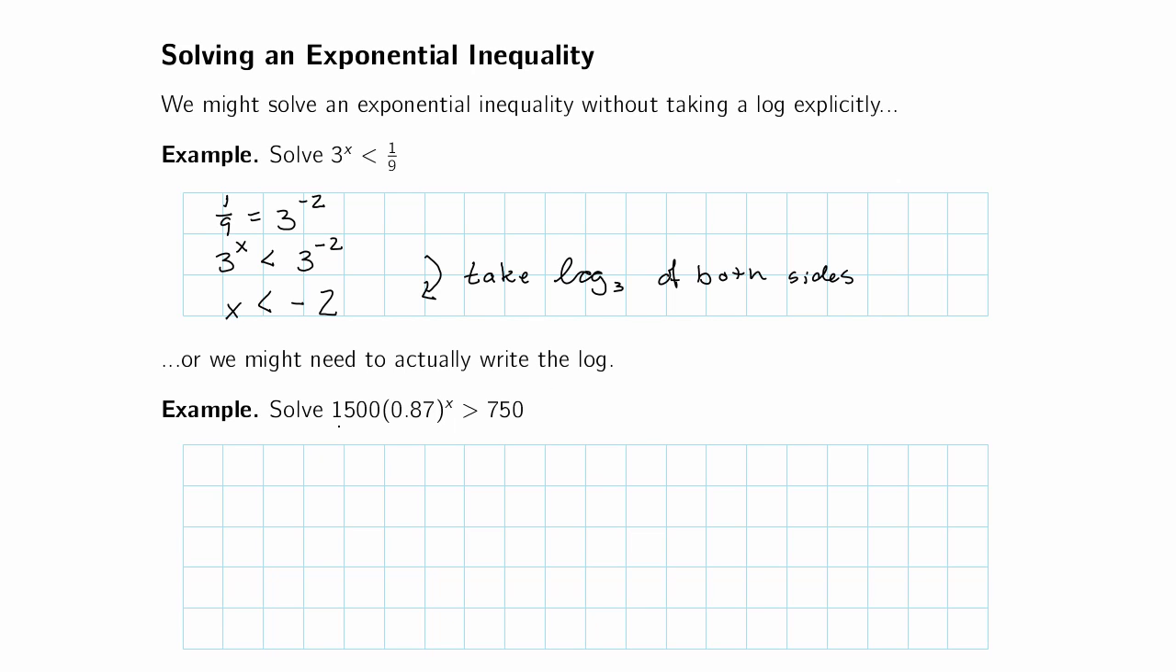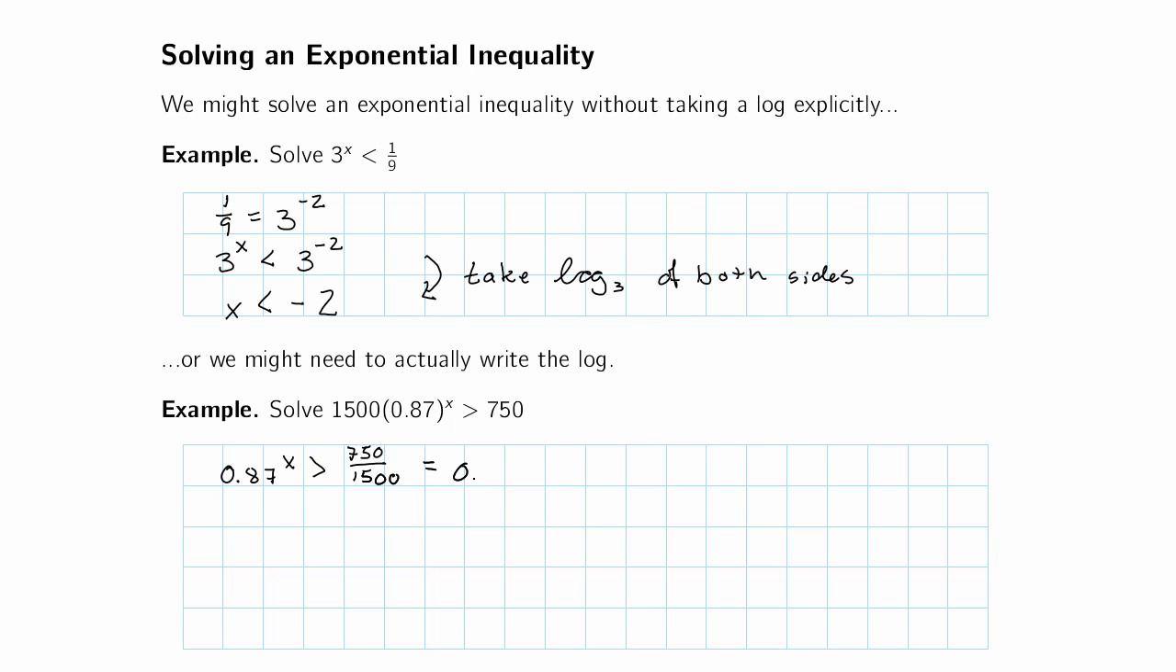So here we have 1500 times 0.87 to the x is greater than 750. We want to say, well, first we need to isolate the exponential, so we're going to divide both sides by 1500. We'll get 0.87 to the x is greater than, we're dividing by something positive, so that doesn't reverse anything, 750 over 1500